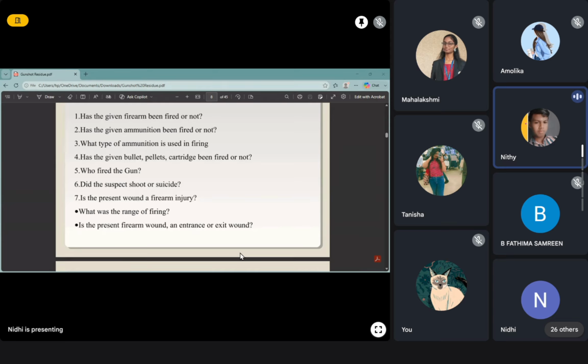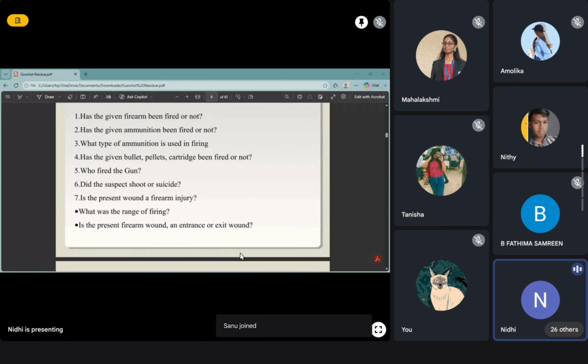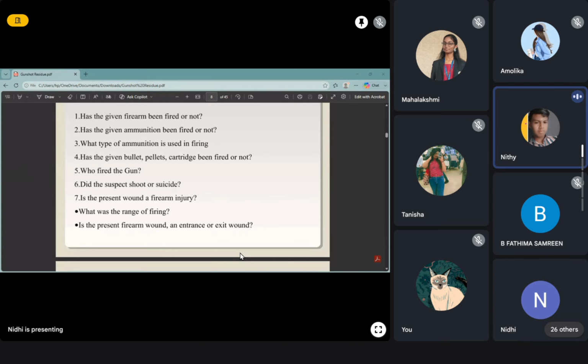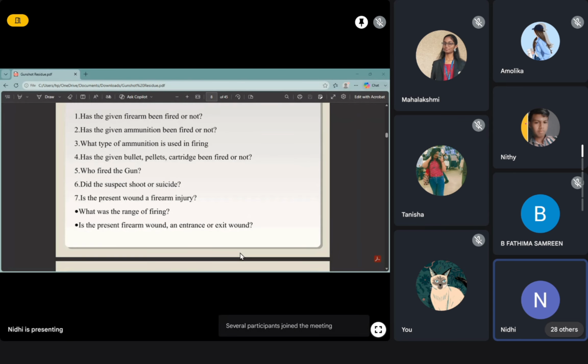Ma'am, bullet marks to identify, ma'am. Yes, bullet marks, I am telling you the same thing. See, there is an electrical injury which looks similar to the firearm injury, the bullet injury. The wounds look similar, like entry and exit wounds. So that electrical injury is very similar to a ballistic injury. In that type of case, how will you determine if it is an electrical injury or a ballistic injury? Ma'am, bullet chemicals to identify, ma'am. That GSR thing we are going to analyze. Okay, we will be analyzing gunshot residue.